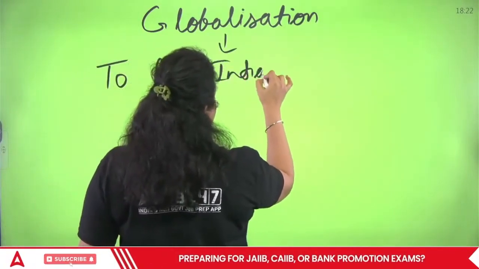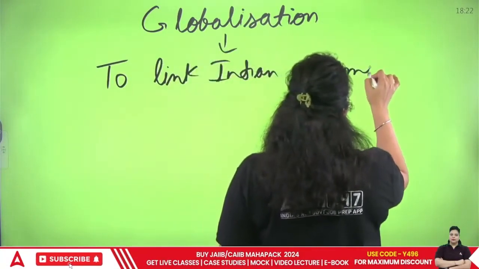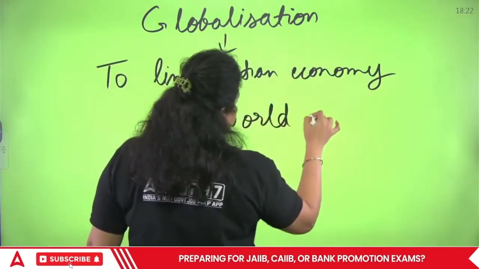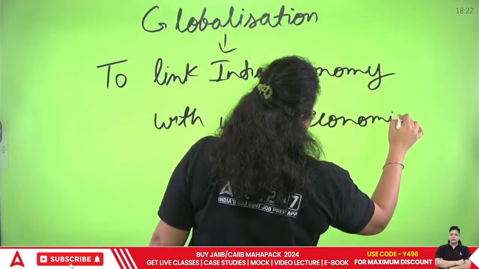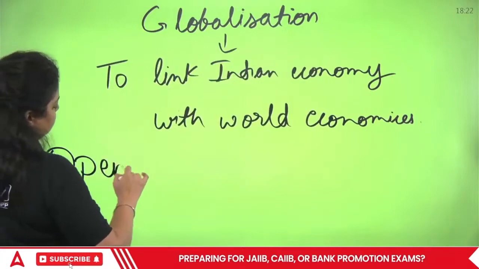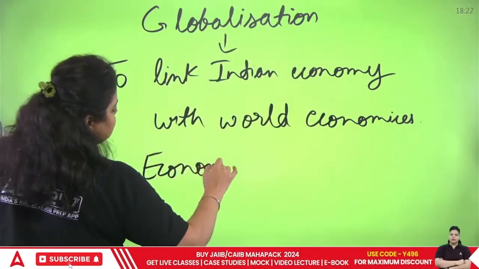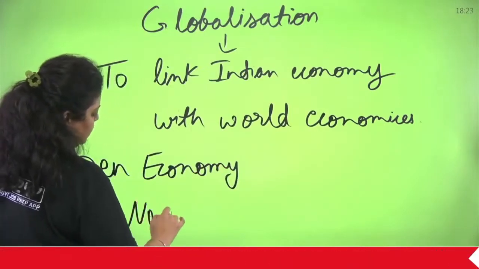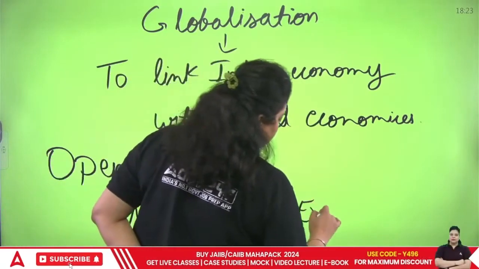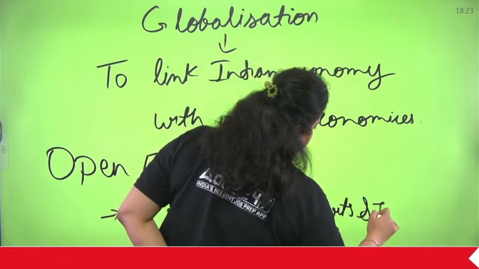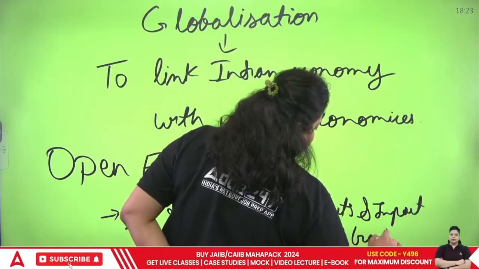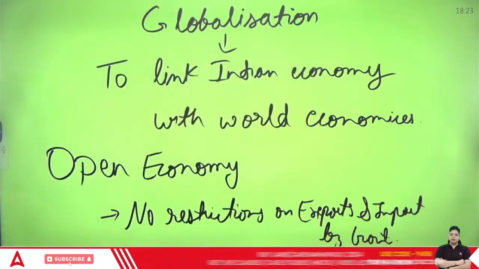इंडियन इकोनॉमी विद वर्ल्ड इकोनॉमी, विद वर्ल्ड इकोनॉमीज। तो हमने इंडियन इकोनॉमी को विद वर्ल्ड इकोनॉमीज लिंक कर दिया और हमने इंडिया को बना दिया ओपन इकोनॉमी। ओपन इकोनॉमी का मतलब क्या हुआ, एक ऐसी इकोनॉमी वेयर देयर इज नो रेस्ट्रिक्शंस ऑन एक्सपोर्ट्स एंड इंपोर्ट्स बाय गवर्नमेंट। सरकार ने, आपके देश की सरकार ने जब इंपोर्ट एक्सपोर्ट्स के ऊपर कोई भी रेस्ट्रिक्शन नहीं लगाए हैं,